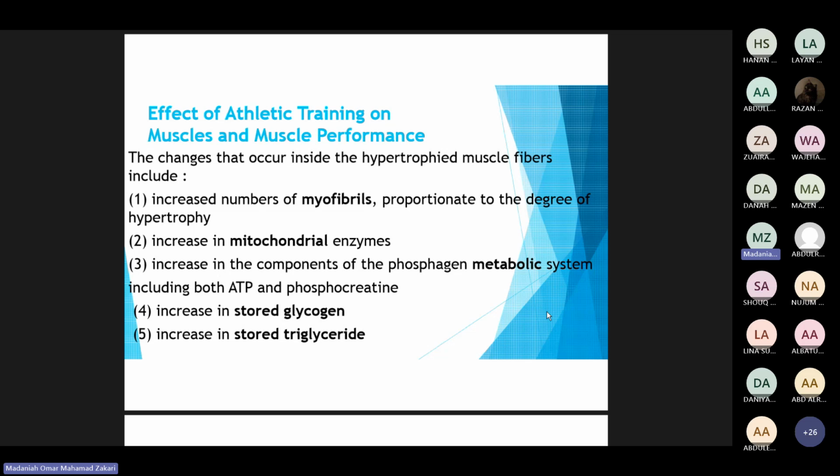First, we have the number of myofibrils increased proportionate to the degree of hypertrophy. The higher the hypertrophy, the higher the myofibrils. Okay, this makes sense because this is part of the muscle tissue building. Increase in mitochondrial enzymes. Since there is an increase in mitochondria, of course there is going to be an increase in mitochondrial enzymes. Increase in components of the